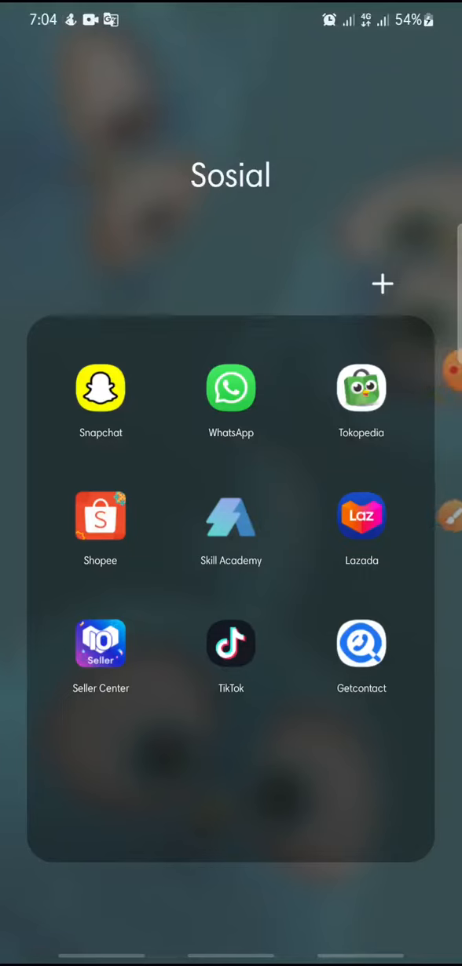In this video, I'm going to show you how to set live wallpapers on TikTok. Now let's get started. First, open your TikTok app,